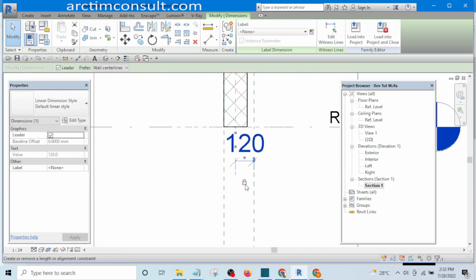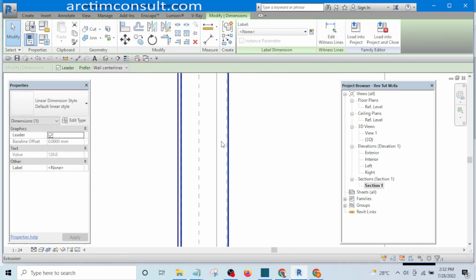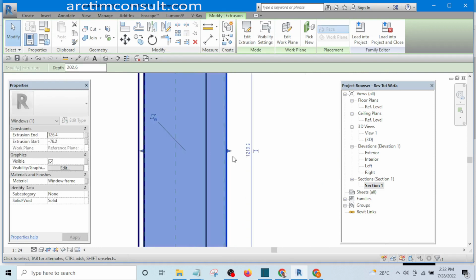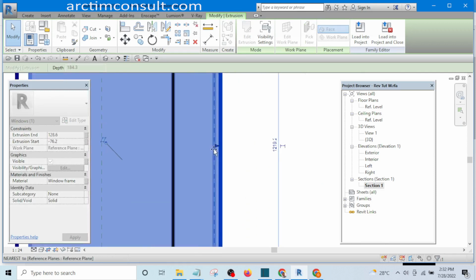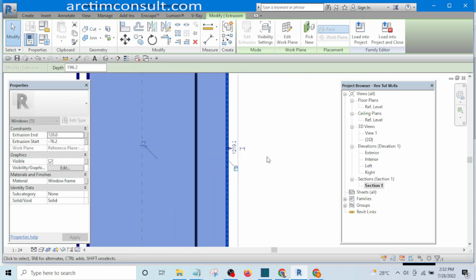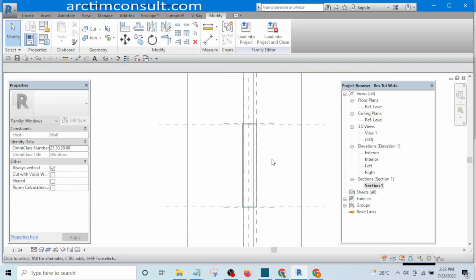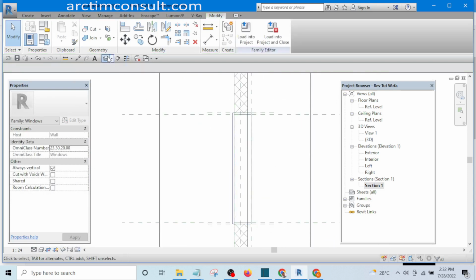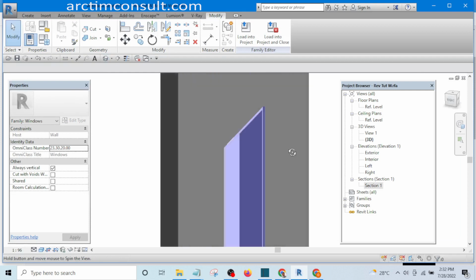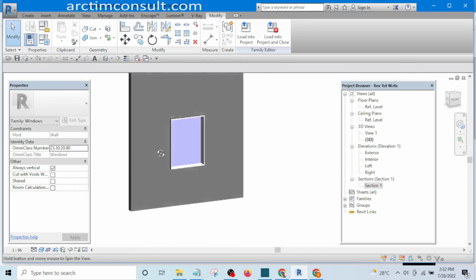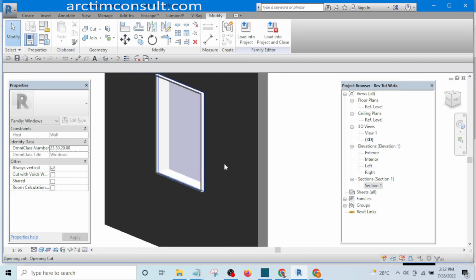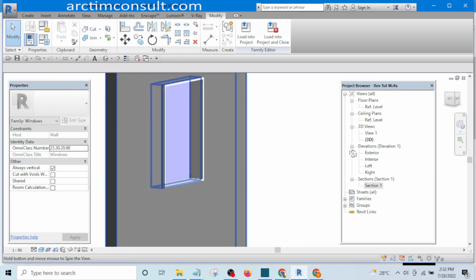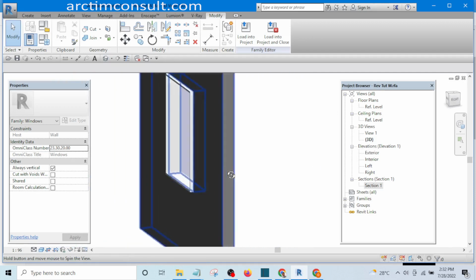And let's lock this, and let's constrain this one to this reference plane, and that is that. So we have our mullion there. Okay,